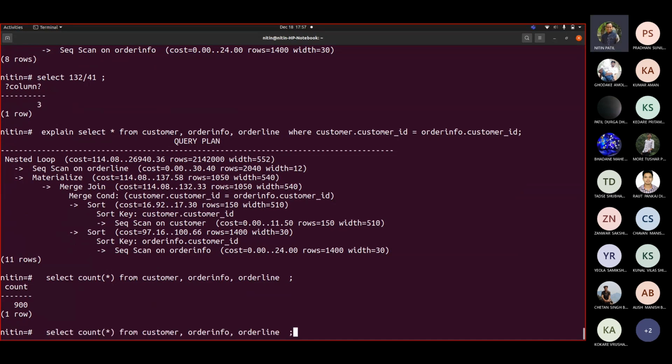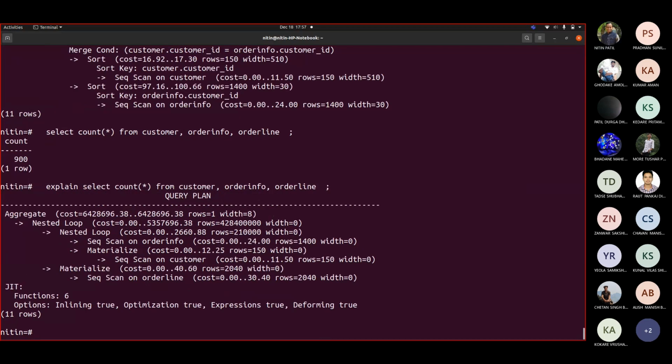If I simply fire explain here, it is talking about aggregate because I used count star. If I remove that count star and simply say star, now it is having a cross product of 2 plus 1.